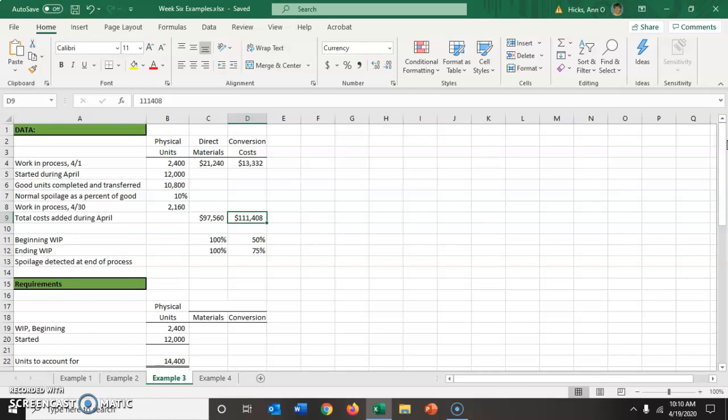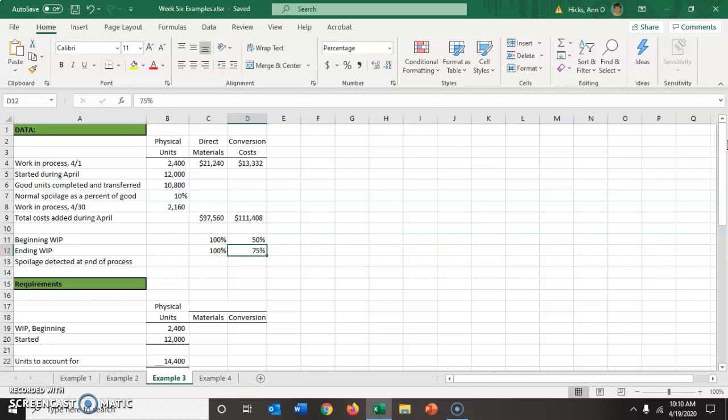$111,408 in conversion costs. Beginning WIP was deemed to be 100% complete as it related to direct materials, 50% complete as it related to conversion costs. Again, this doesn't really play in because we're only focusing on the weighted average approach. Ending WIP is deemed to be 100% complete as it relates to direct materials, and 75% complete as it relates